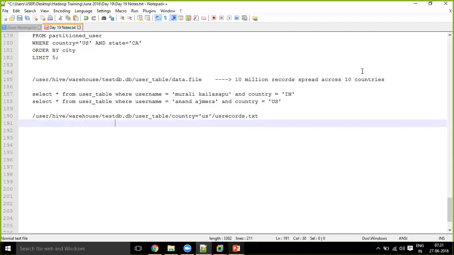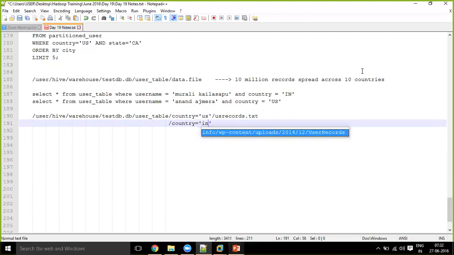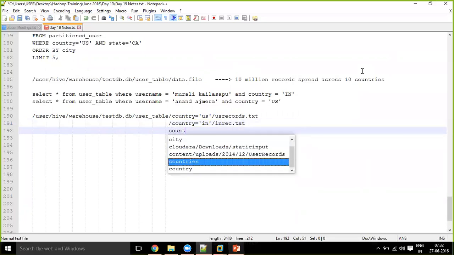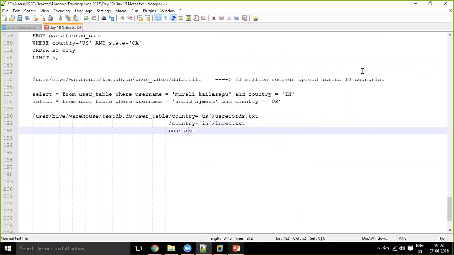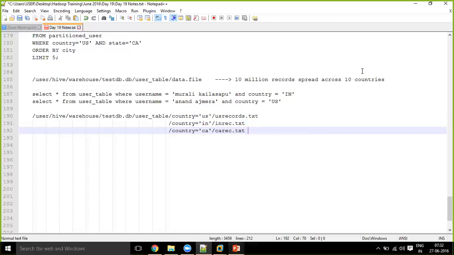And under the same table, if I create another subdirectory, country equal to India, IN records. And country equal to CA, Canada, and CA records.txt. Now, if you have your data stored in this format,